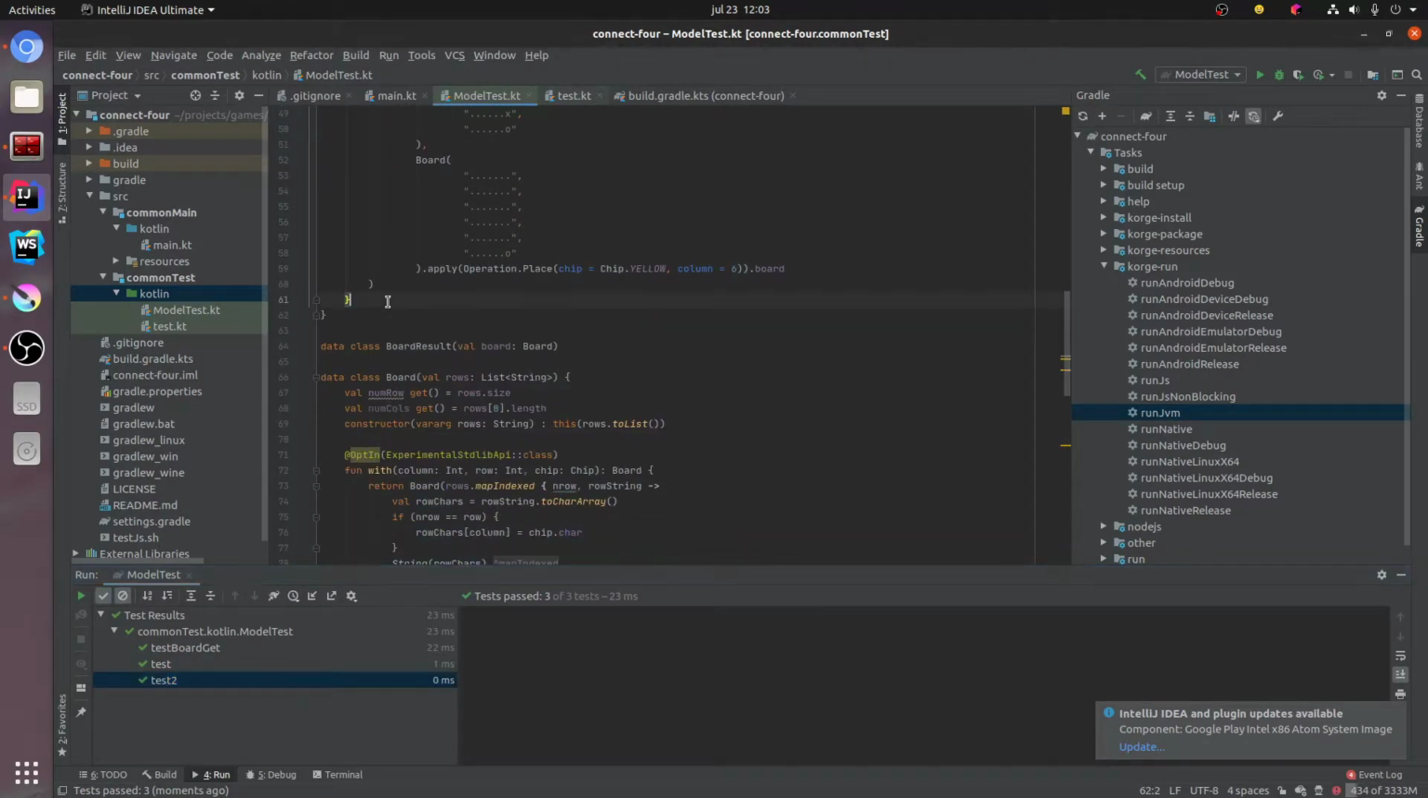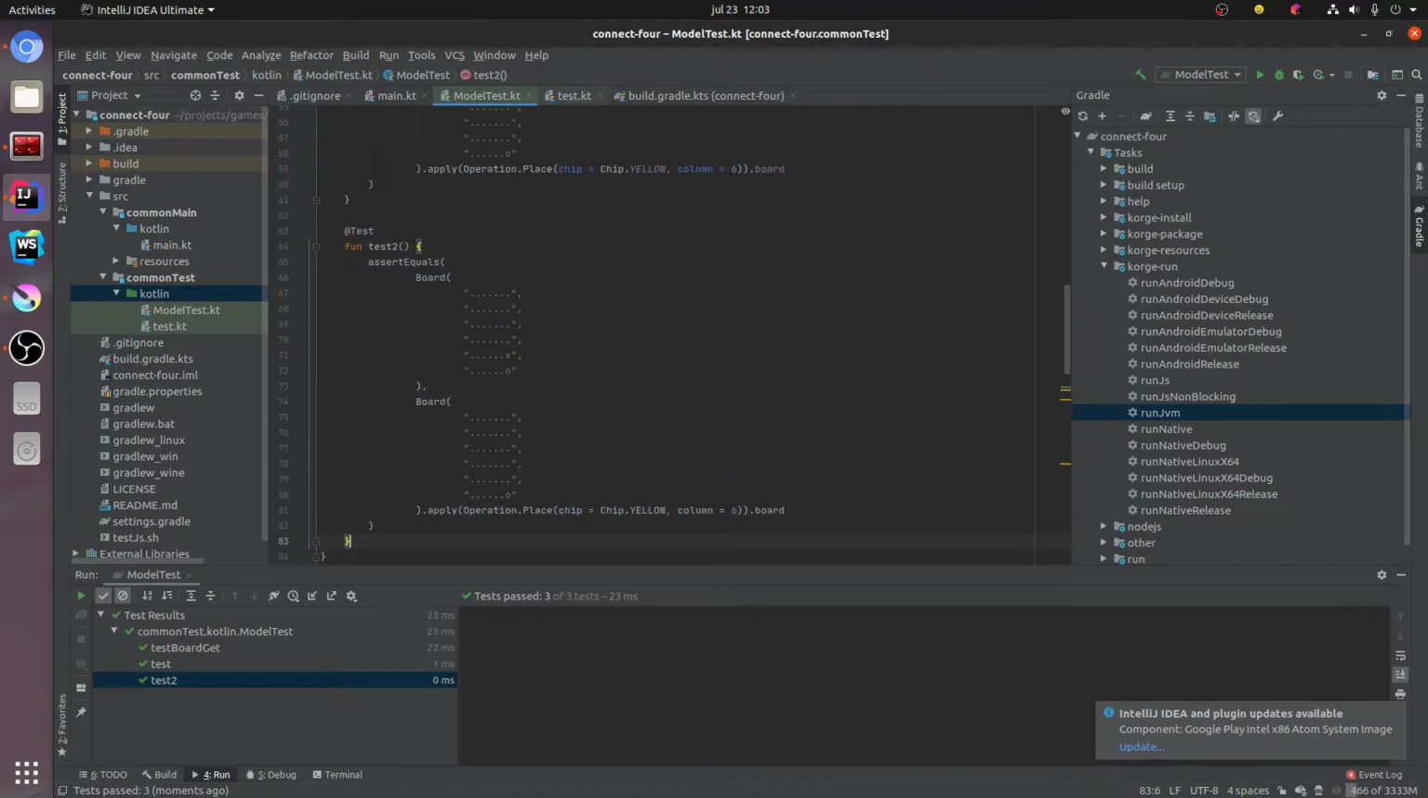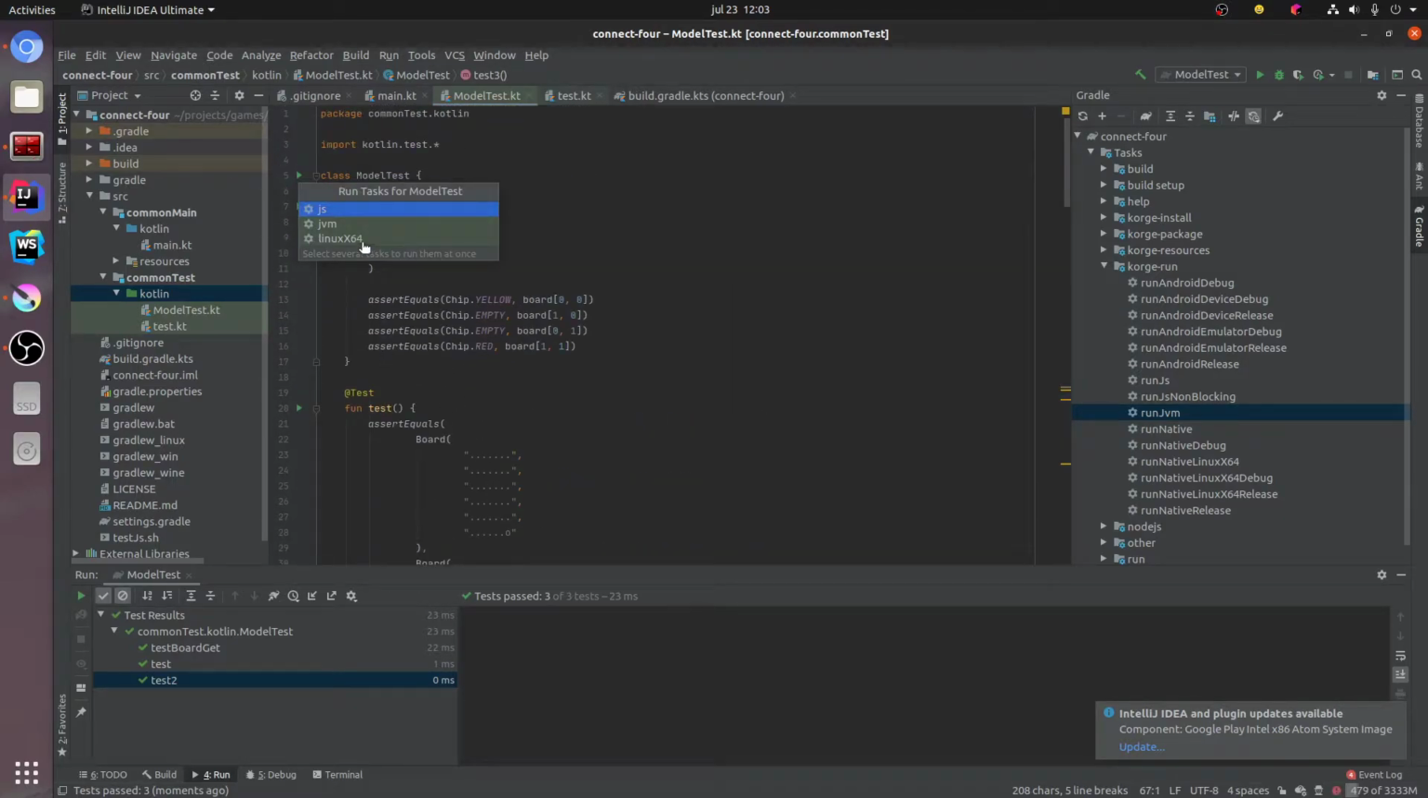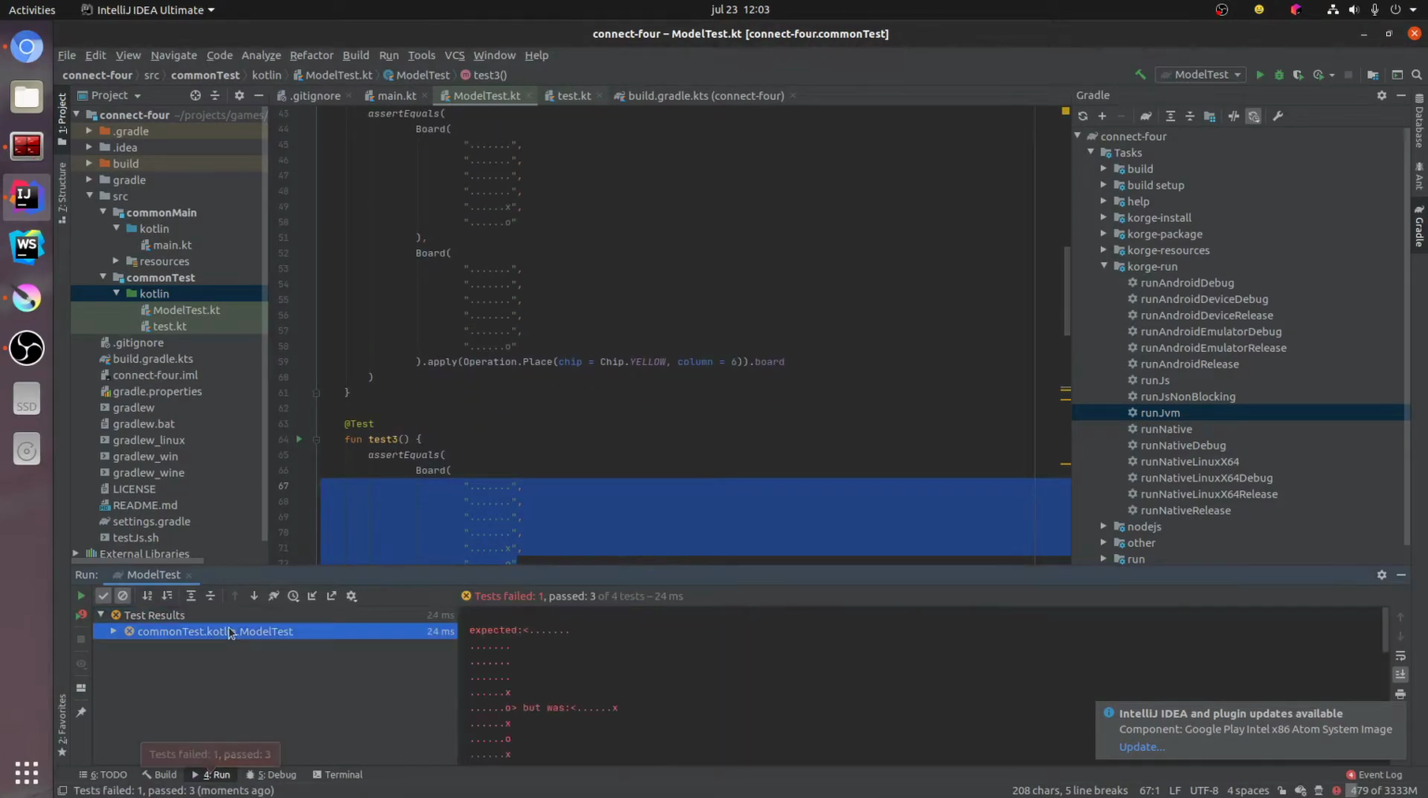And what happens here if we try to place a chip in a board, in a column, in a board that is already filled, already complete. So what should happen here? So what in this case,